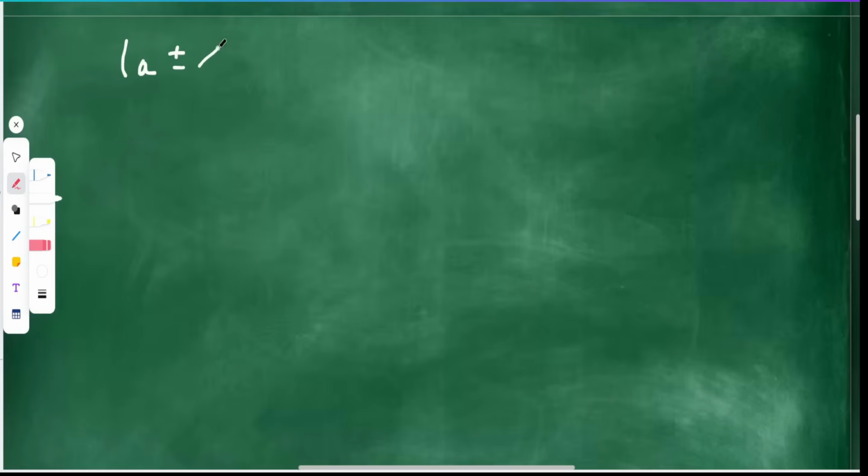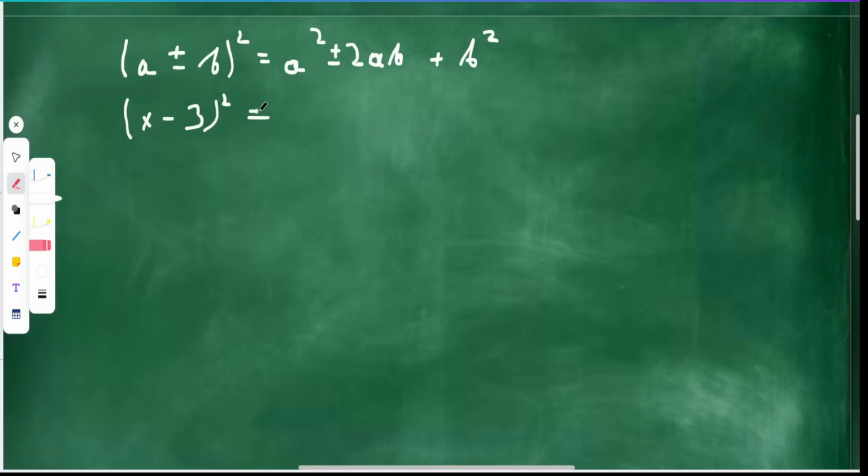First of all, we have to remember the formula for the square of the sum and difference. It looks like this. There will always be the square of one of the elements, plus the square of the second element. In the middle, depending on whether there will be a plus or minus in this place, there will be a plus or minus double product of these two elements. For example, I will give (x - 3) squared equals x squared, plus 9, because 3 squared is 9, and double product, in connection with the fact that there is a minus, the result is minus